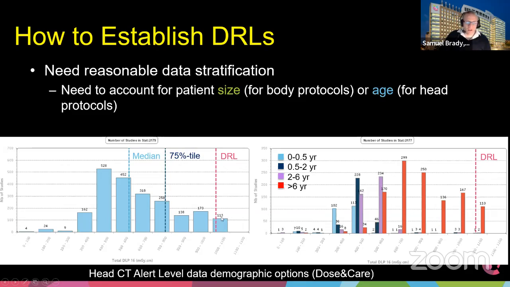There's a few patients that exceed it. That's something for me to look at on a quality control basis. But what I did here now is I actually showed you the breakdown, the demographic breakdown of our patient protocols.